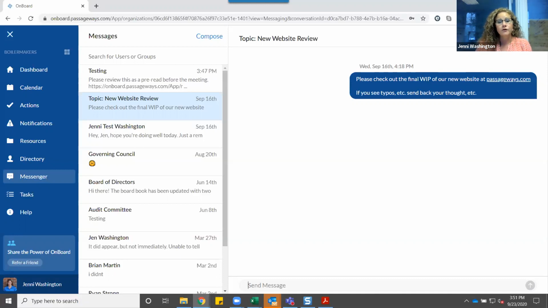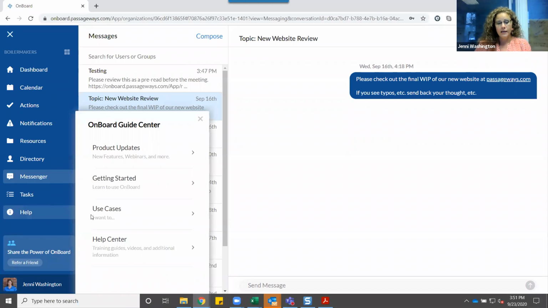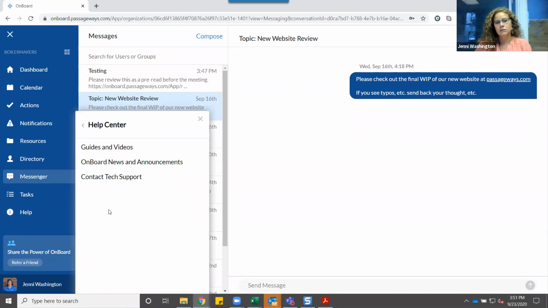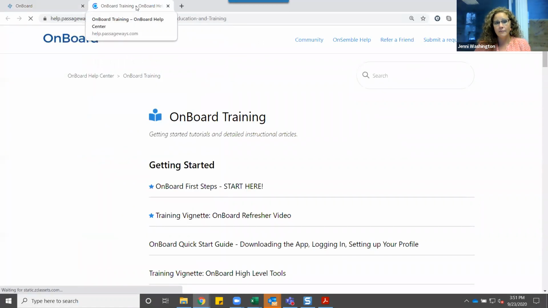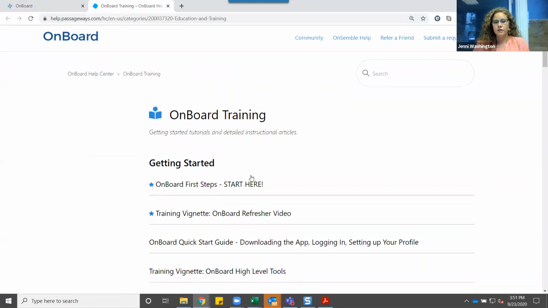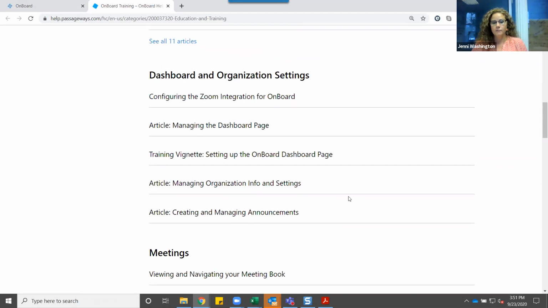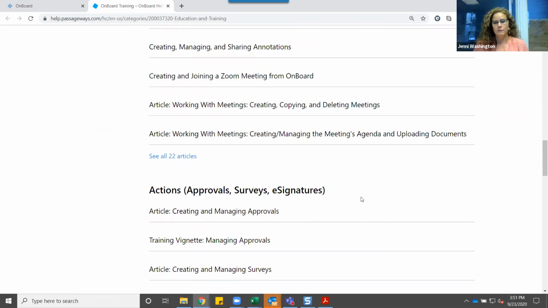If you have it, but you have not started using it, you might want to be proactive in terms of pushing out some guidelines or training information to your members. And what you can do is you can go into the help and go to our help center, and under the guides and videos, that is going to launch a new tab, and you can use this for anything. In our help center here, you can either search for topic related resources,